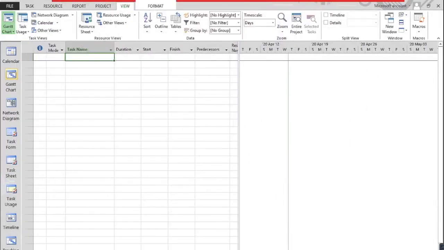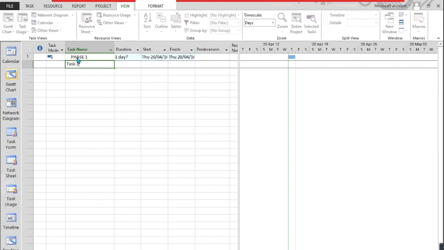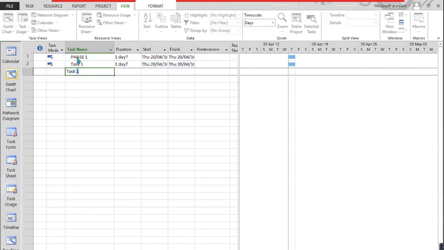Conventions here that you need to be aware of. Firstly, phases should always be typed in the caps, uppercase. Phase 1. Tasks we would recommend are typed in lowercase or sentence case. Task 1, Task 2,